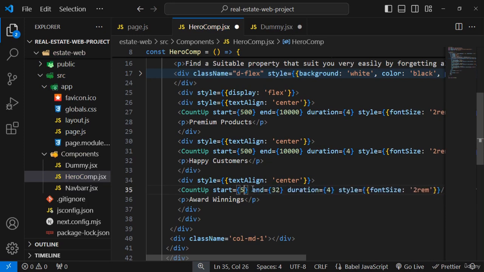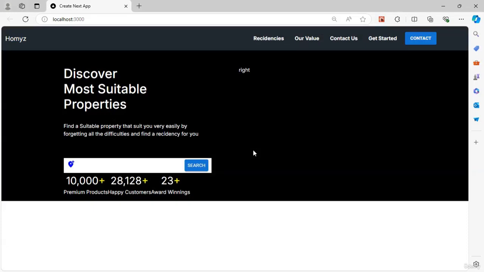You can type anything. I'm going to start from 9, and happy customers is 1 lakh, and you can type anything. Now if I save it,